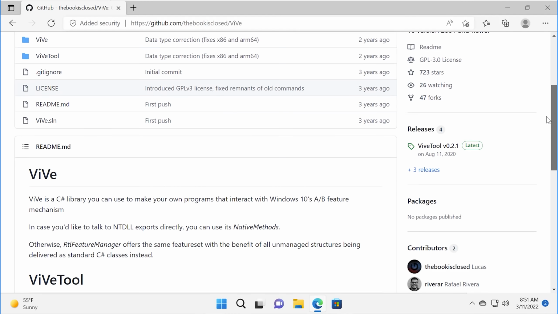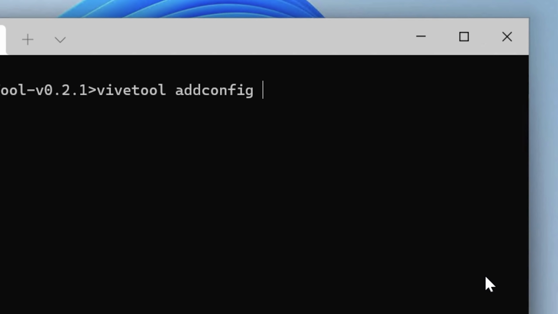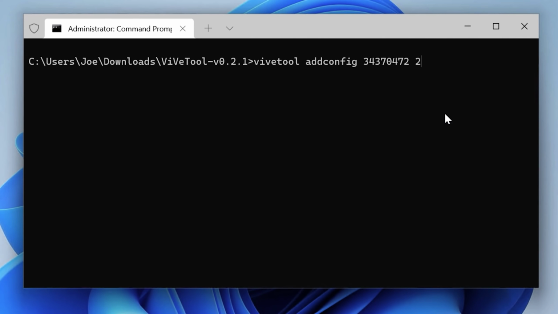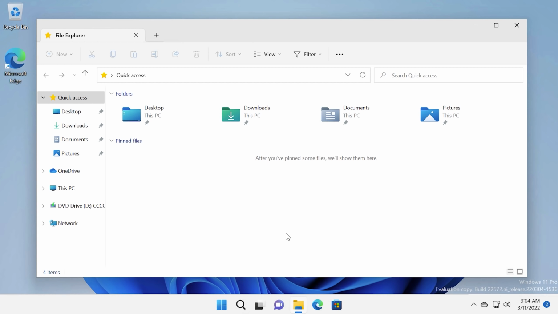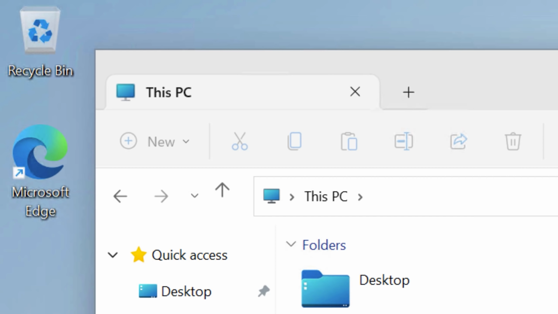Next, you would download this tool, which is available on GitHub. It's called ViveTool, and then you run a specific command, which you can see here. What it does is outside the scope of this video, and after you run it and restart Windows, File Explorer will now have tabs. So let's take a look. It's pretty much straightforward, actually. It's basically what you would expect.